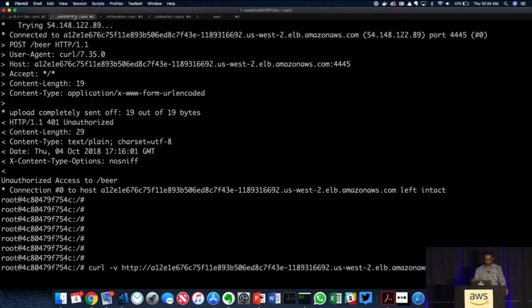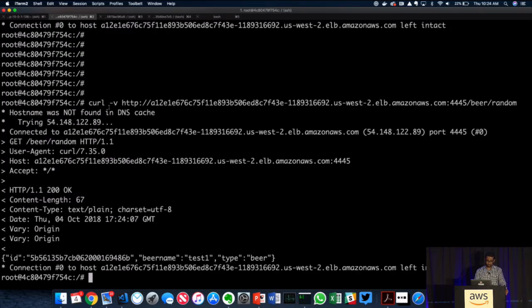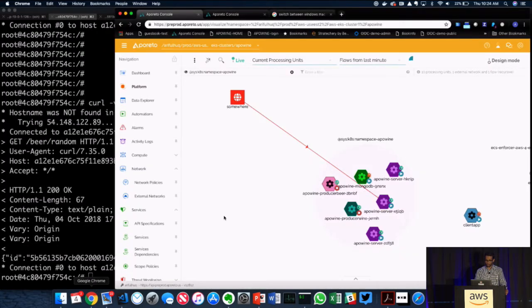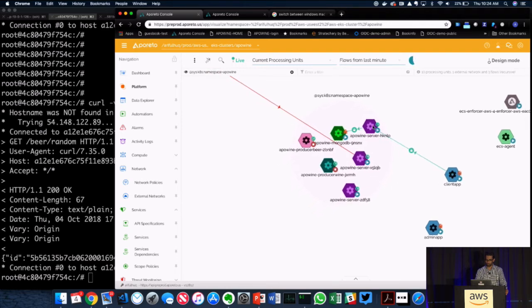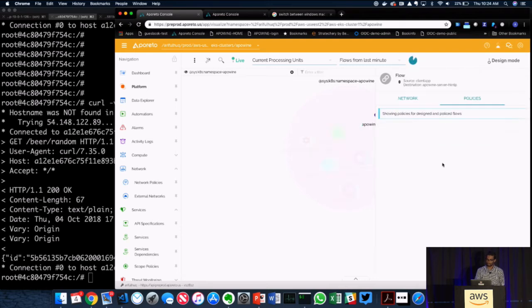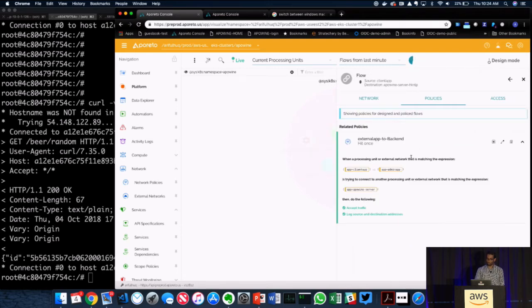So now I'm actually going to make a request, and the request here is for a random beer. And you see that request went through. This will show up here in just a couple of seconds. You see this client app just made this request. It went through because I have a policy in place.